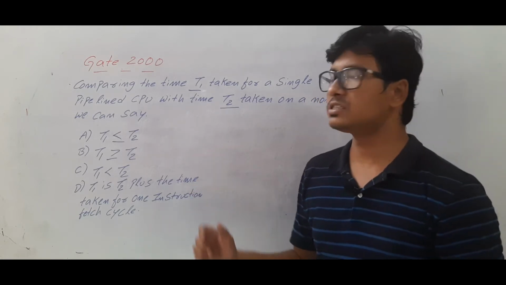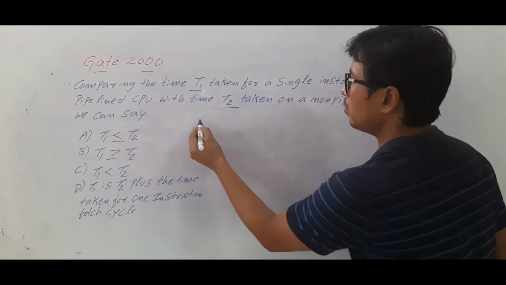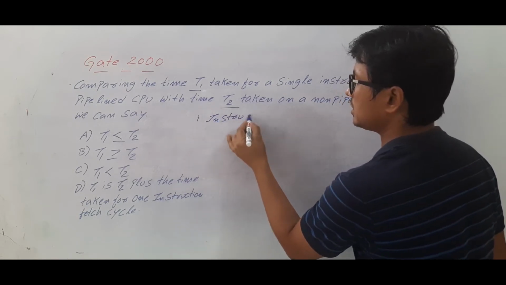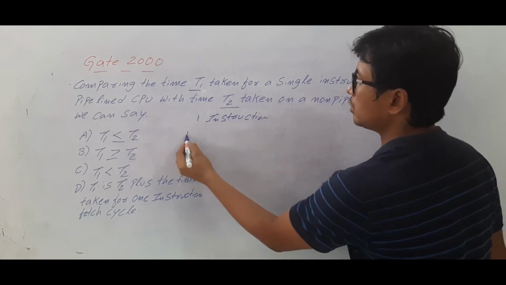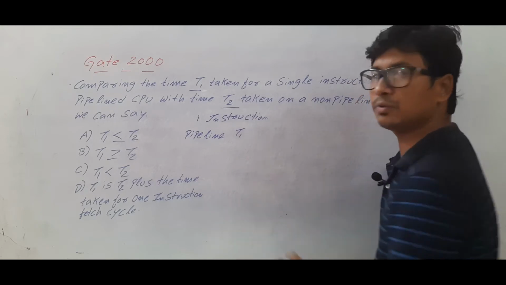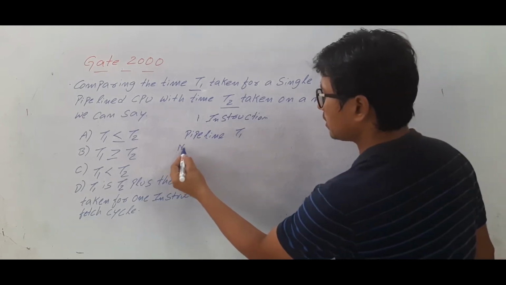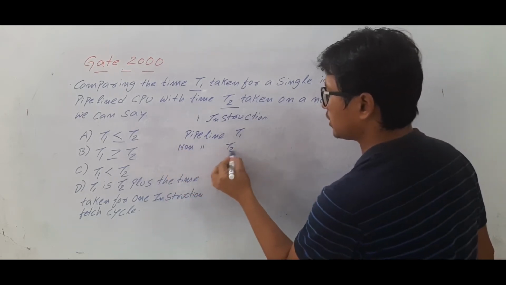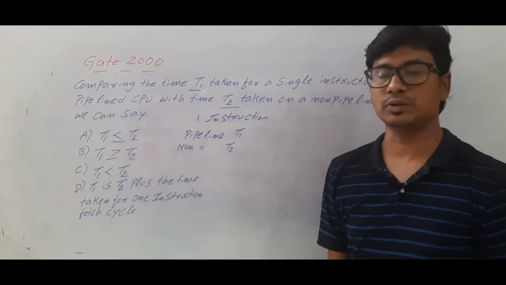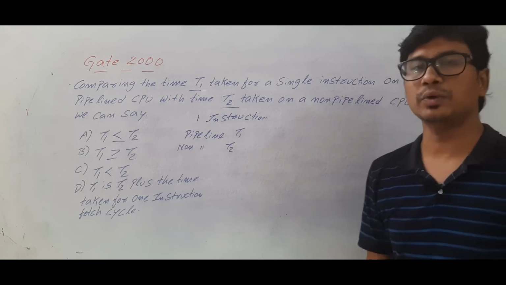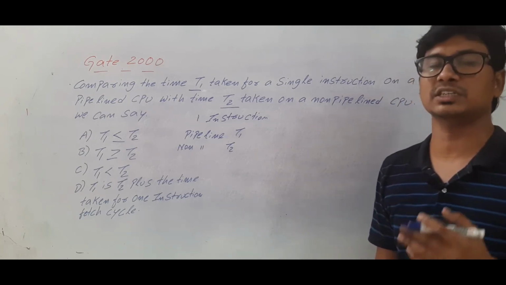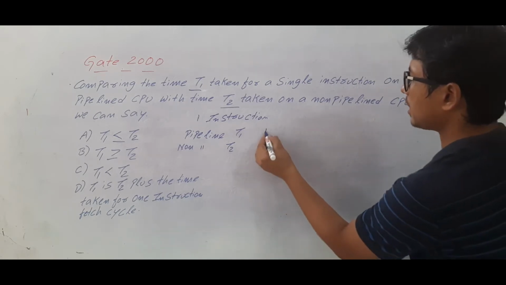So what is the meaning? They have executed only one instruction. One instruction they have executed using pipeline and they got time as T1. On a non-pipeline, they got time T2. Now they are asking the relation between T1 and T2. Now if you see that to execute a single instruction or to execute n number of instructions using a pipeline architecture,